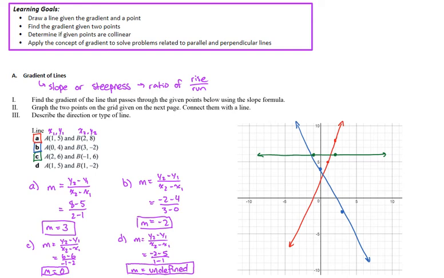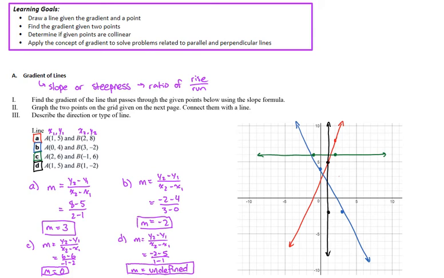And then the last one, I'll do in black. So there we have (1, 5), which is the same point as we had here, and (1, -2), which is here. And we can connect those points with a line as well. So there we have our 4 lines, which we graphed using the coordinate pairs, and we can actually describe each